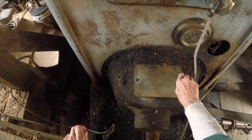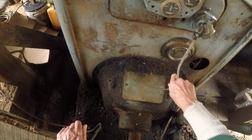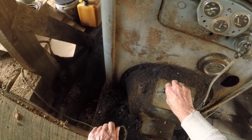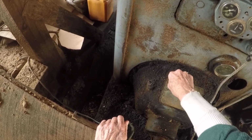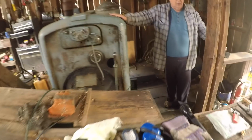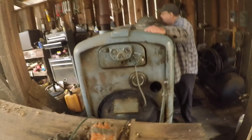Get that thing started back. That just needs to be snug. It don't need to be real tight, does it? No. I guess I tightened them too tight the last time. Don't mess with that air compressor. I'll get it. When we get this thing started, I've got to cut it on. I know, but it's a big boy. You get wound up in that thing, you'll...